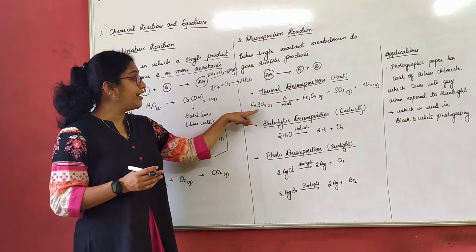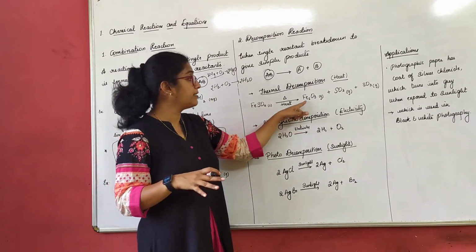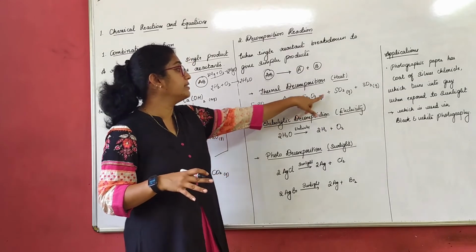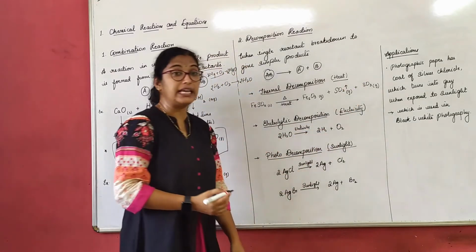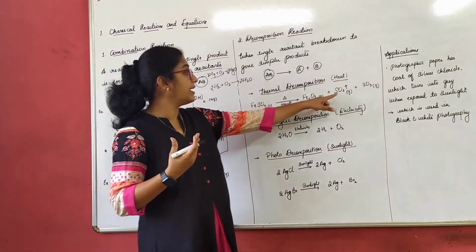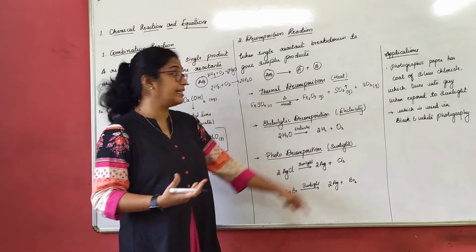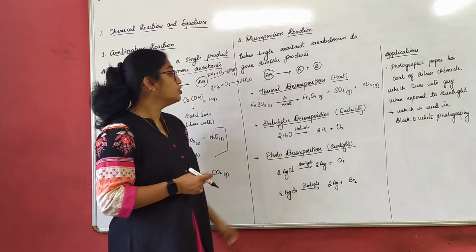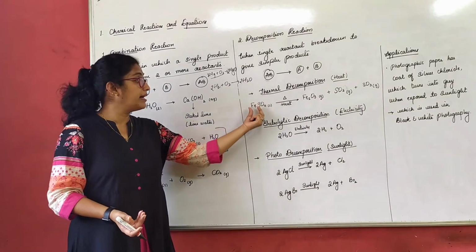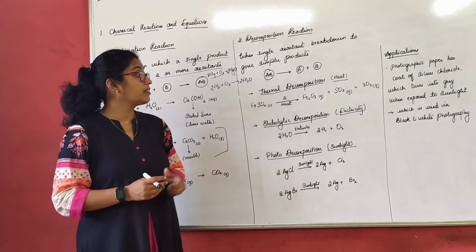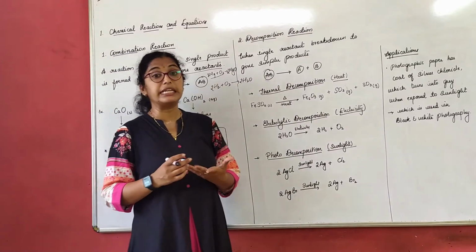So what is happening? Ferrous sulfate, on providing heat, is broken down into simpler products in the form of ferric oxide and sulfur dioxide. Shall I put an arrow mark here? Yes. Why? These are gases. This is also a gas. Sulfur dioxide and sulfur trioxide gases are released. Right? So these are the things decomposed when we pass heat. This is thermal decomposition.